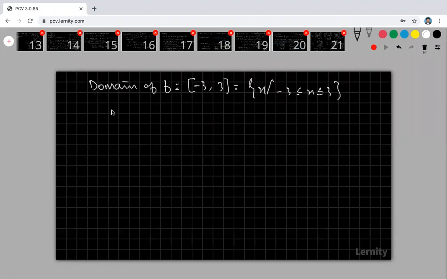How to find out the range? So what is given actually? My y is equal to 9 minus x square. That is my f of x. So f of x is y. Taking square on both sides, what about your x square? x square is equal to 9 minus y square. This is one equation. My x square is equal to 9 minus y square.